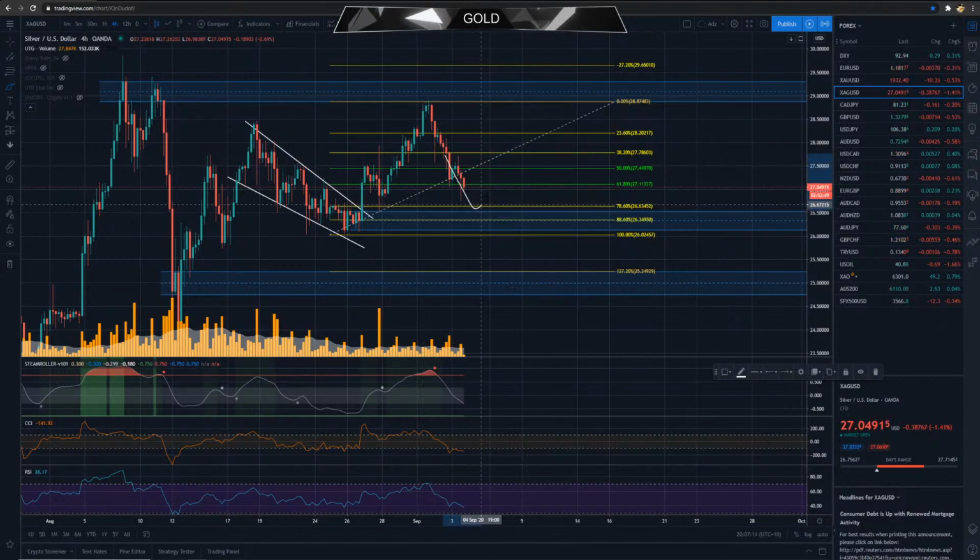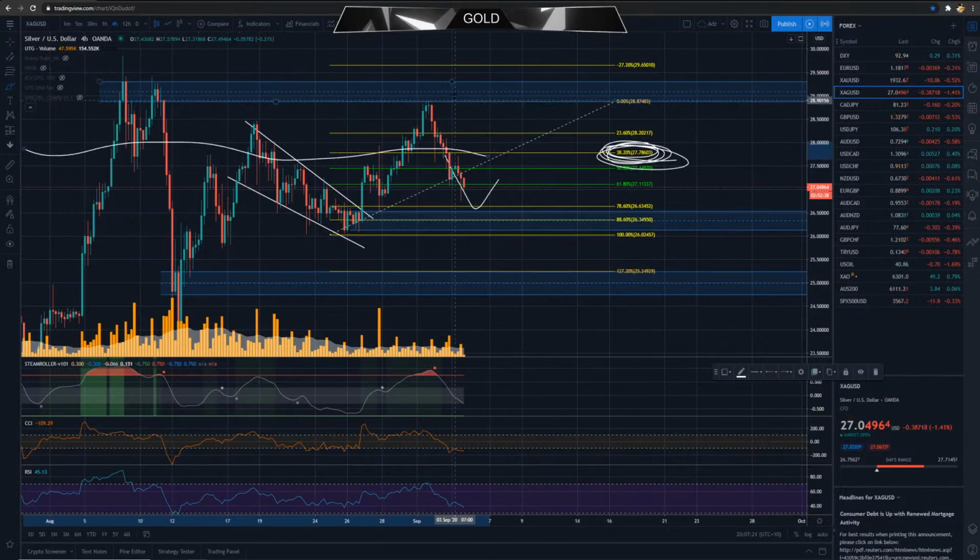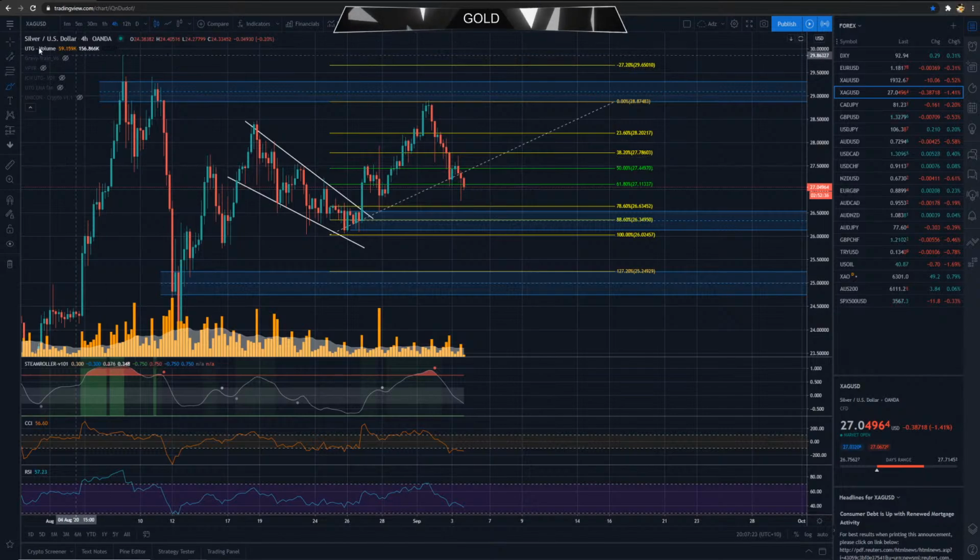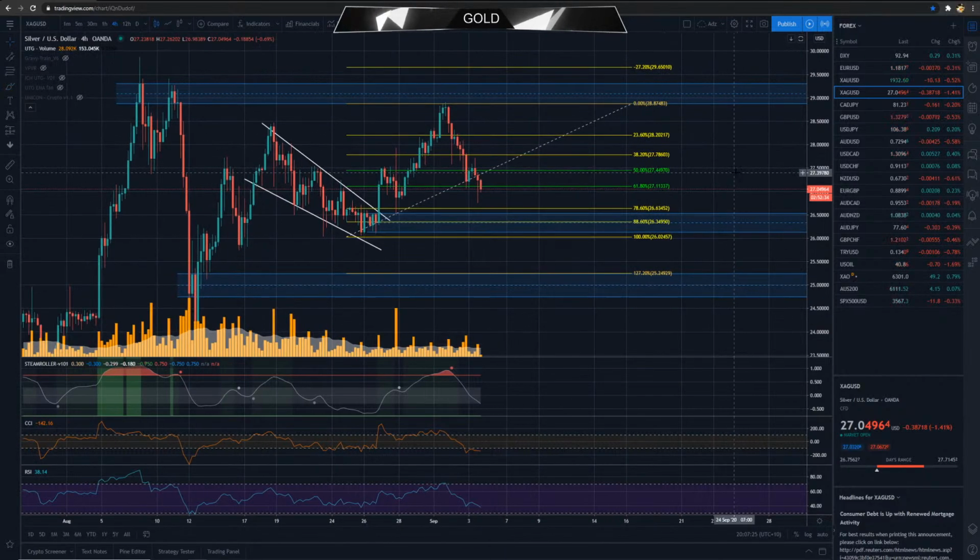So it'll probably come down a little further, maybe touch that demand a second time, and get off to the races, or even start to retest maybe that 38.2 level, which I can see some decent liquidity moving to the left-hand side. Not too much more to say about the DXY, gold and silver at the moment. It is a nice quick session.